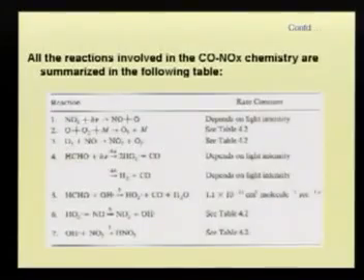Okay, let's summarize these reactions. All the reactions involved in CO NOx chemistry are summarized here. That is a repetition. This SCHO, if you remember, it was formed the